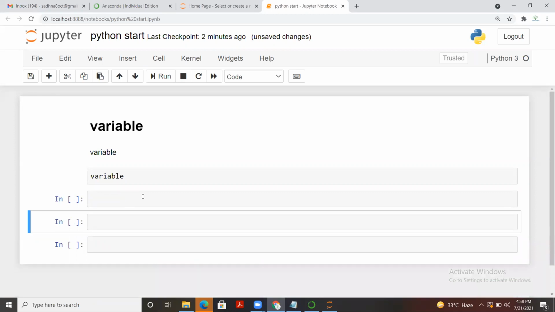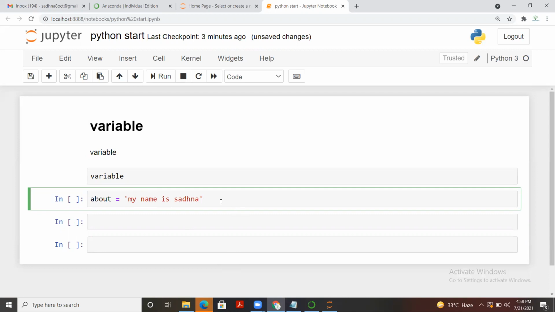Now let's talk about in case we are going to write a code. So before initiating a code, we are going to talk about variables. A variable is like a bucket where we're going to store something. So let's say in case you want to store any information, you need some place to put it. So variable is like that. For example, I have put it as about, that's a variable, and I'm going to assign it, like my name is Sadhna. That's what I'm going to store into this about variable. So whenever I need that information, I'll call about and this information will come to me.